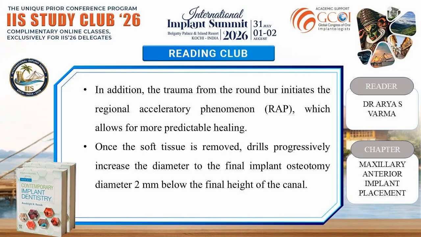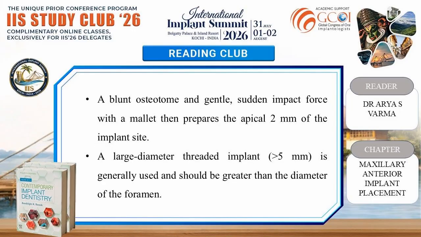Once the soft tissue is removed, drills progressively increase the diameter to the final implant osteotomy diameter 2 mm below the final height of the canal. A blunt osteotome and gentle, sudden impact force with a mallet then prepares the apical 2 mm of the implant site. A large diameter threaded implant greater than 5 mm is generally used and should be greater than the diameter